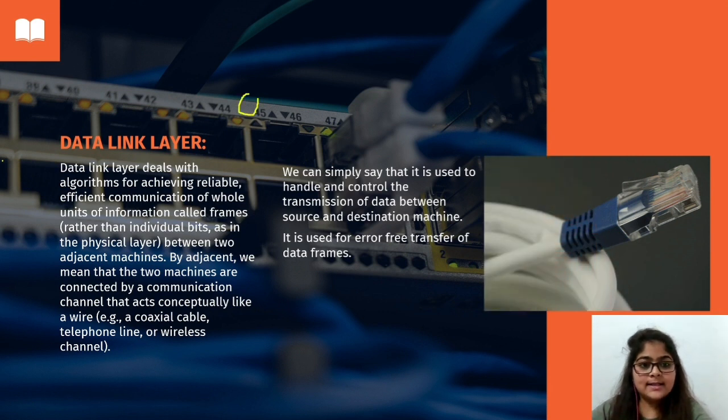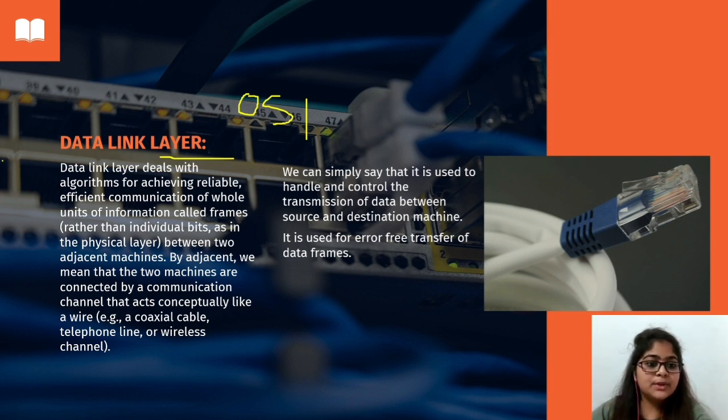Data link layer is a networking layer of OSI model. OSI model is a conceptual framework which is used to describe the functions of networking system. It consists of 7 layers, among which one is data link layer. And framing is a function of this data link layer.